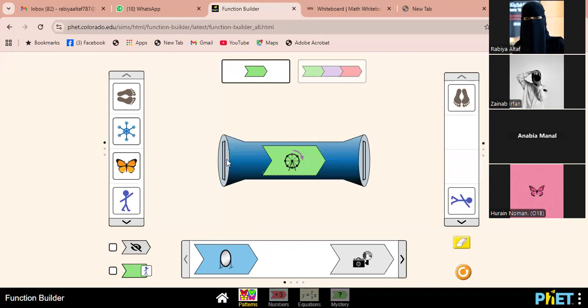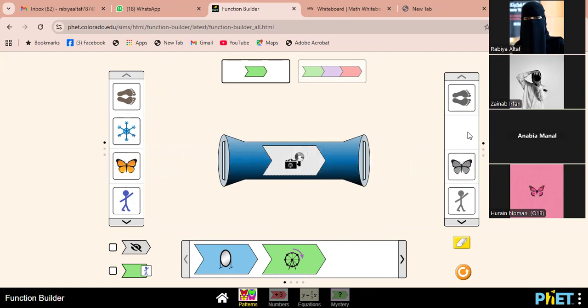This is all about function operation. Like if I take this as an operation of a function, it will give us the black and white picture of our original image. If I put this as an input, our output will be this one, the black and white image of the original picture. Same goes for numbers.